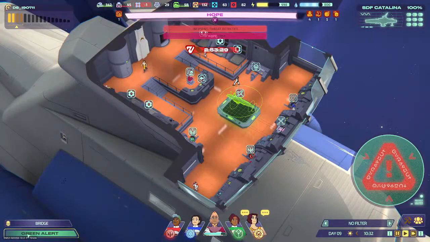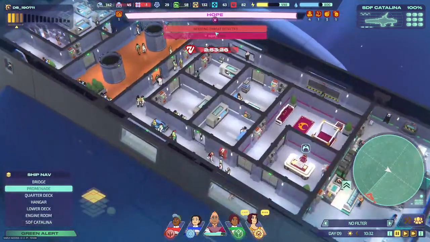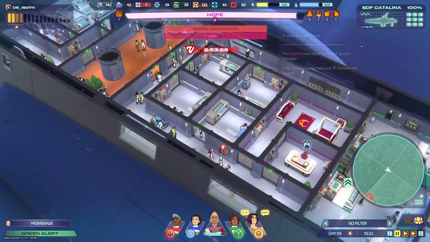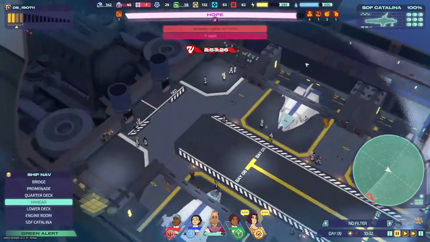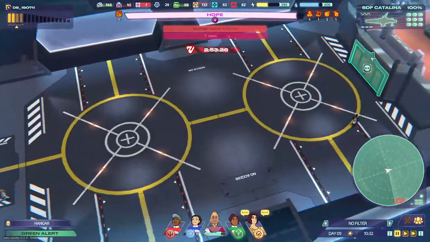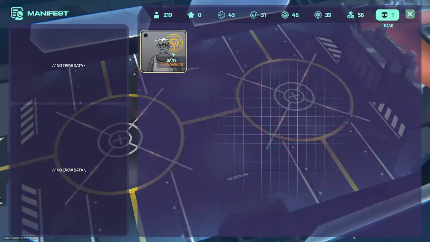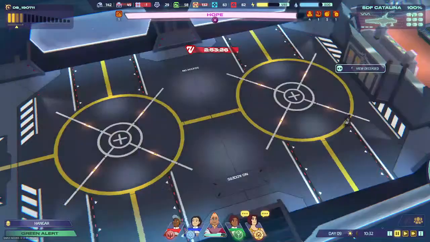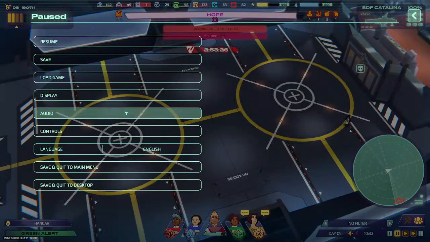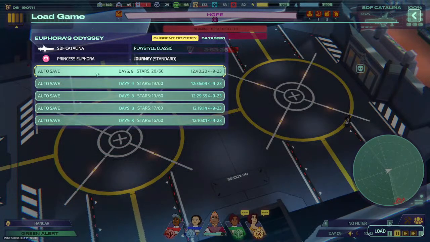Got asteroids incoming again. Really? Hope lost. Why is hope lost? Did someone die? Someone died. One of our engineers. Well, I'll probably go back anyway, because I need to get something fixed here regardless. Well, actually...